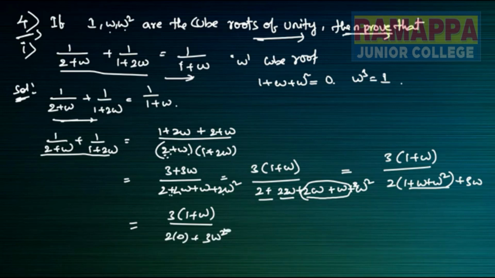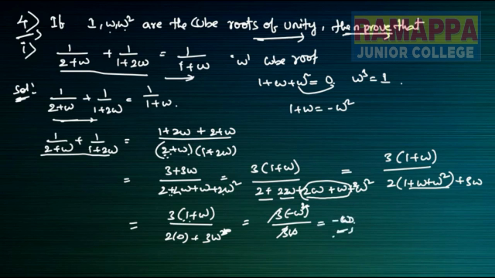So this is not omega square, this is 3 omega only. So it will become 1 plus omega. From this it goes here, 1 plus omega is equal to minus omega square. Now I will write here 3 minus omega square divided by 3 omega. So the 3 and 1 get cancelled, 3 omega minus omega will remain here, 1 omega.